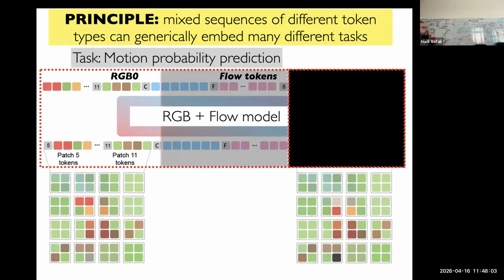But now let's go earlier in the sequence, and I'm going to ask you to tell me what the flow tokens are as a function of RGB 0. Just ignore the last bit. Now this is motion probability prediction. It's like saying, if I see an object statically, what things are likely to move and by how much? Those seem like extremely different tasks, because one is a highly probabilistic prediction about motion, and the other is about what happens when you do motion, how does it render? But actually, these are really the same problem. They're just different parts of the sequence.